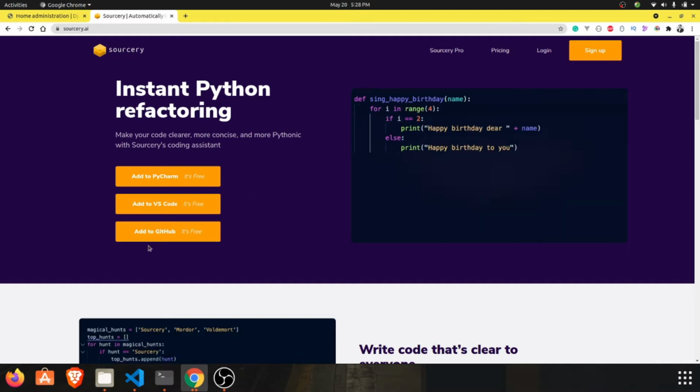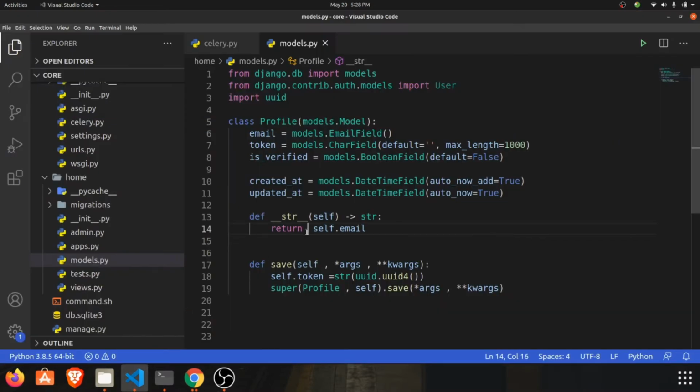Let's move on to the code. To save time, I have created a profile model, which is being used as the authentication part. I haven't used a custom user model because I would need to do a lot of stuff, like creating it and sending a signal. This is a model which is going to store the user data, and it has the fields email token, is verified, created and updated.